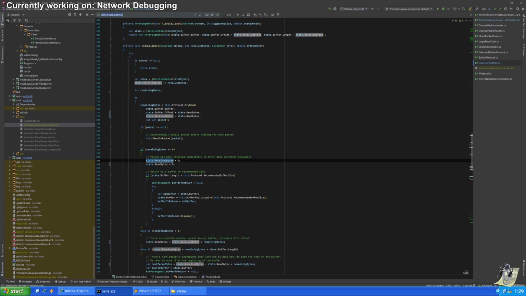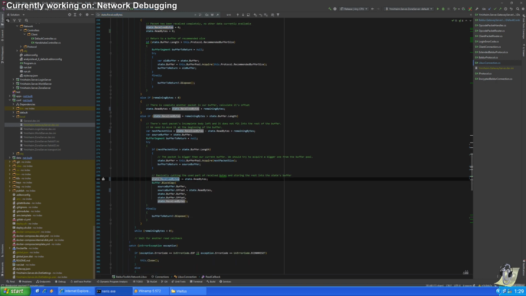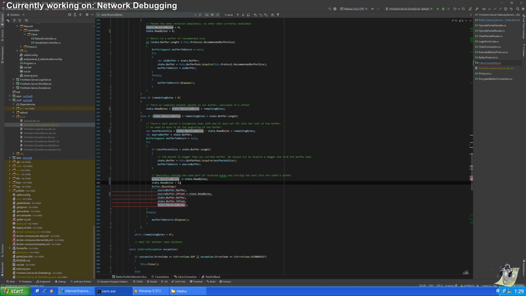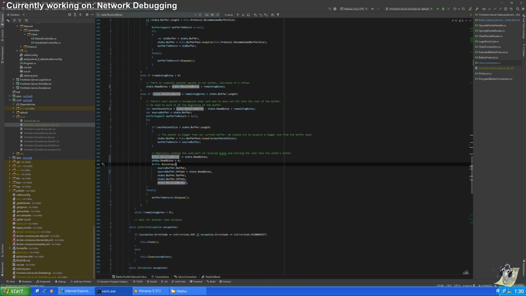So where do we reset this? Received bytes 0. We need to also reduce this. No, wait. Yeah. So here we copied the buffer from somewhere here to the beginning. Yes,